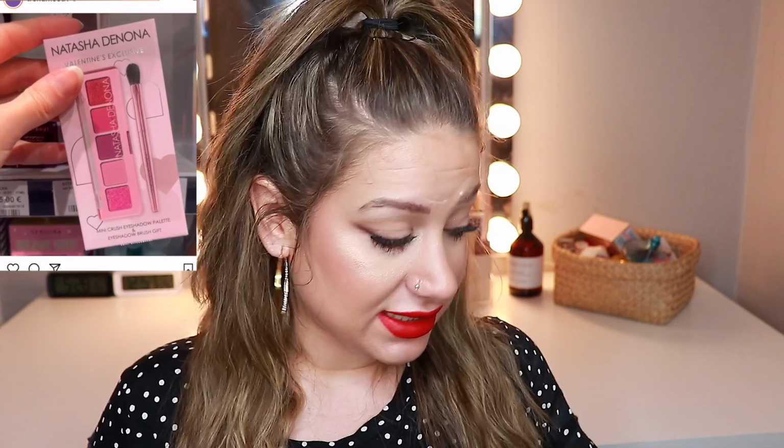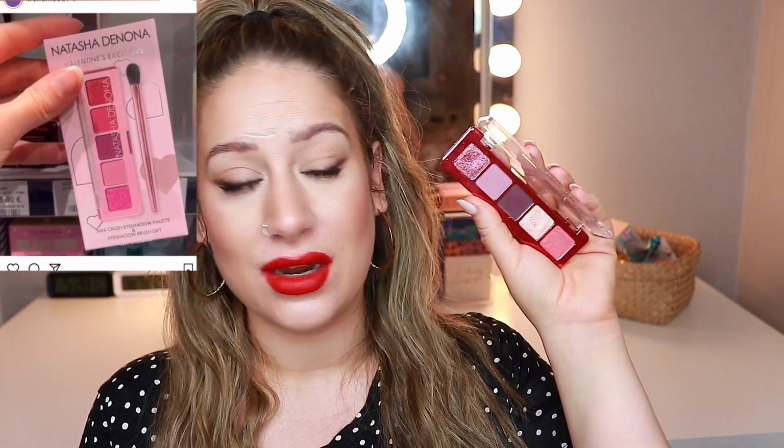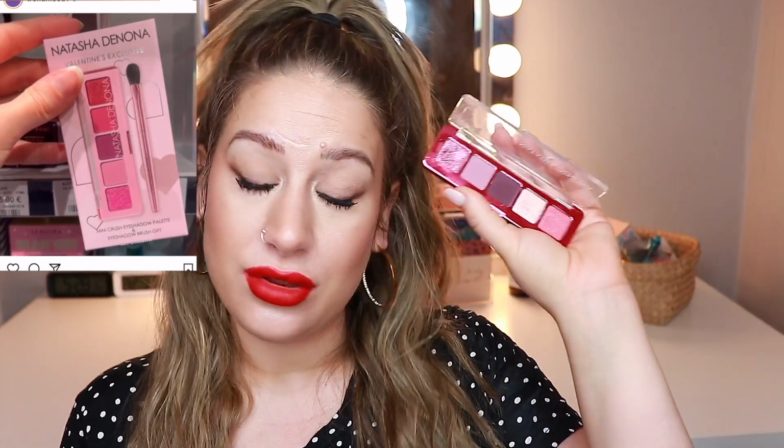this seems to be one of her minis. I did actually pull out two palettes that I think will dupe it fairly good. So the mattes in this one I thought could be duped by her own little mini palette. So this is the Mini Love. This is such a sweet little palette. It has everything you need,